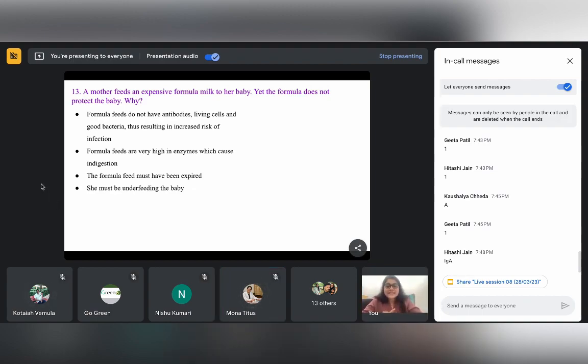Okay. So let us just recapitulate. If you go to the composition of milk, do you remember we have studied about something which is called bifidobacteria? Can you remember? Yes. Bifidobacteria, right? So the first option, which is talking about antibodies, living cells and good bacteria. So these are all the different kinds of components which are present in breast milk, right? For example, antibodies are present. Bifidobacteria factor is present, which is helping in the growth of bifidobacterium, which is a good bacteria. So all of these are present in breast milk, but they are not present in formula milk, right? So the answer to this question is